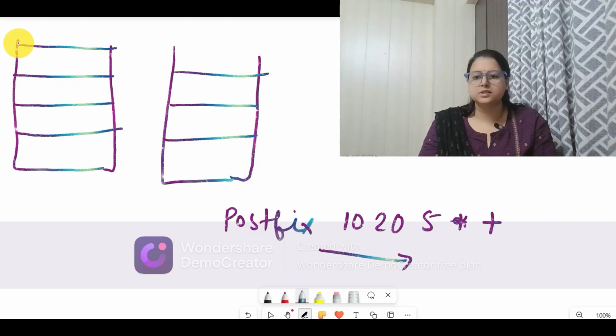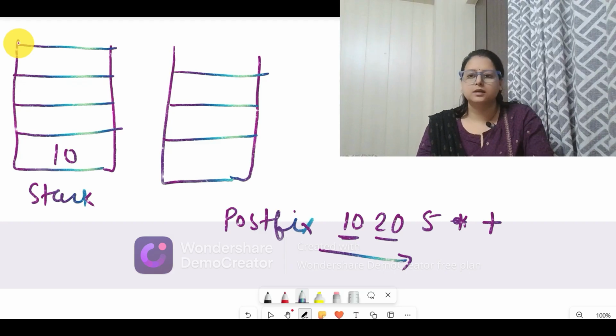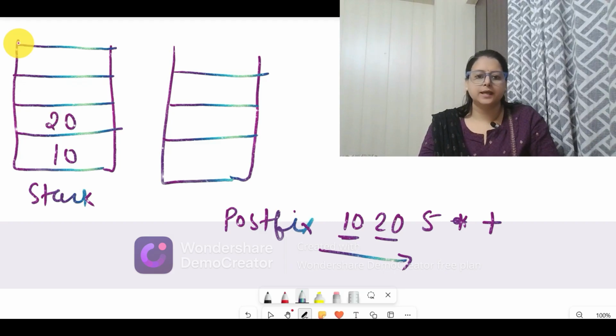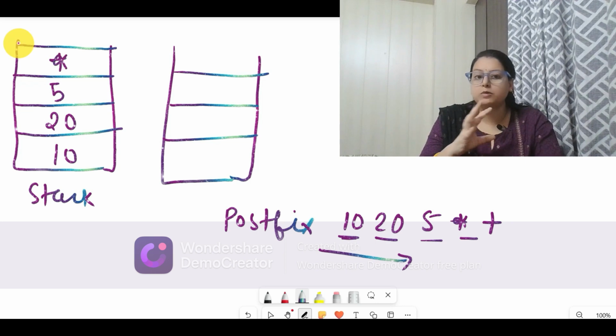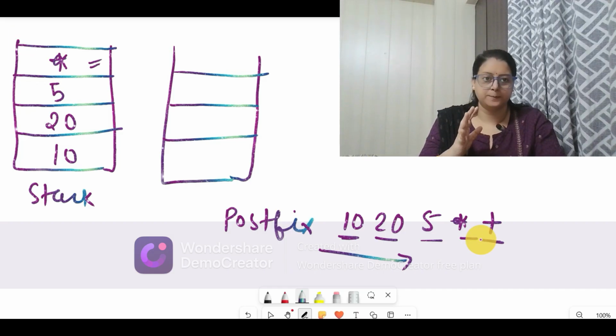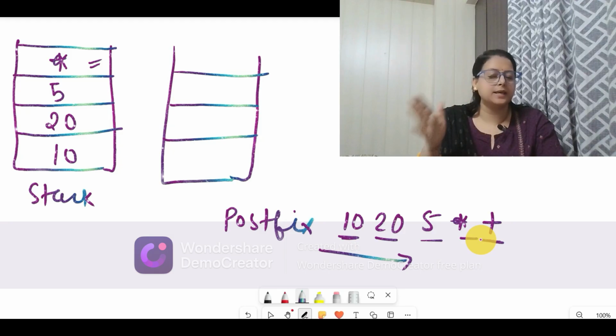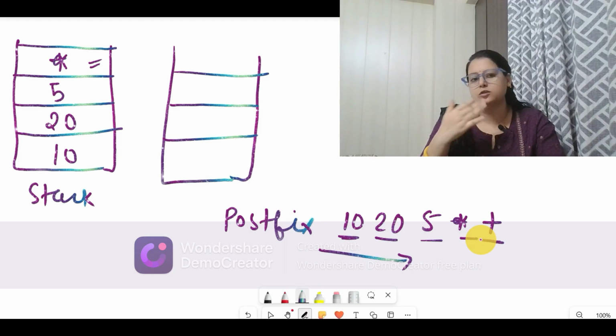So this is how the evaluation will be done. First of all, the pushing operation starts over here in the stack. The first element is 10, it will be pushed over here. Second is 20, pushed over here, and third is 5, pushed over here, and then multiplication. Now this is an operator. Whenever the first operator is placed inside the stack, the system will not allow the next operator until this is evaluated. This is the rule. After so many numbers, when the first operator comes, the next operator will not be allowed. The first operator will be evaluated first.